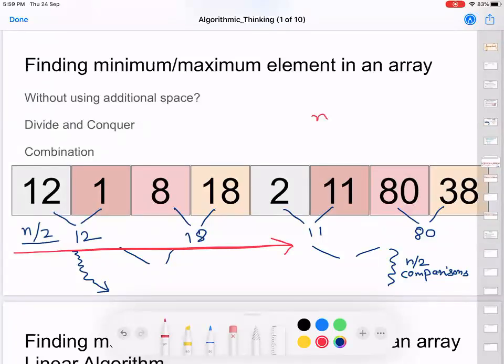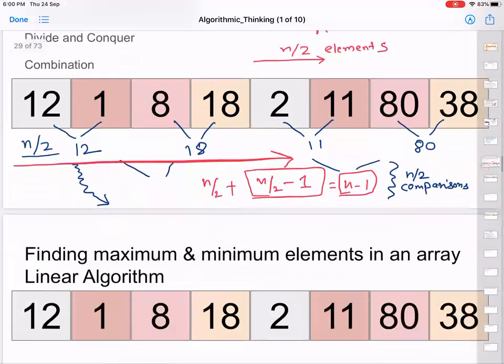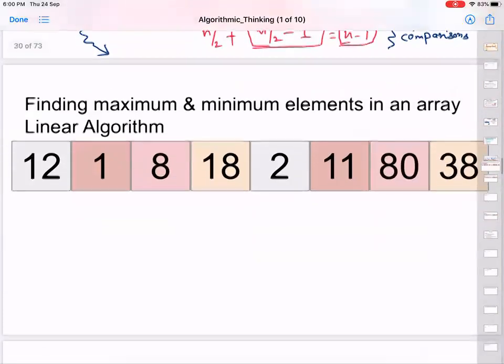So you have n elements, you apply a tournament algorithm and obtain n by 2 elements, amongst which one is maximum. And next time you run a linear scan on these n by 2 elements. Then that linear scan will take how many comparisons? Actually n by 2 minus 1, right? So now your overall number of comparisons will become n by 2 plus n by 2 minus 1, which is n minus 1 comparisons. Okay. So why I introduce this particular concept to you will be clear in the next few slides.